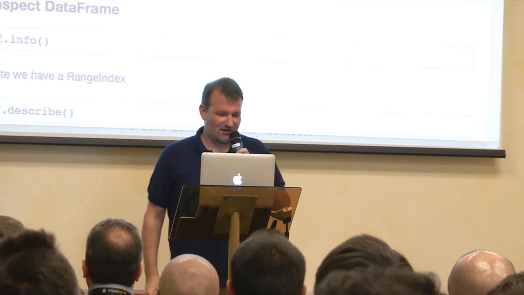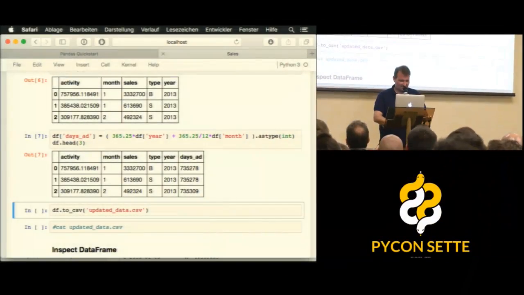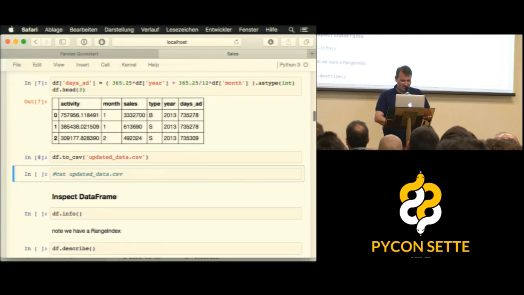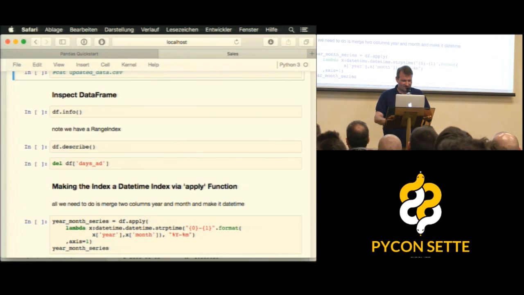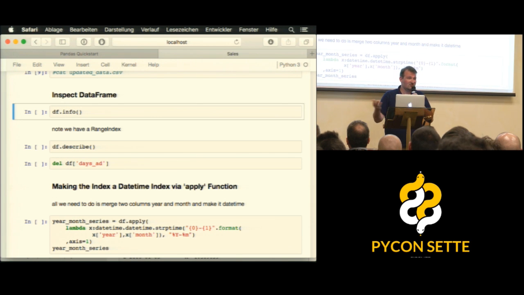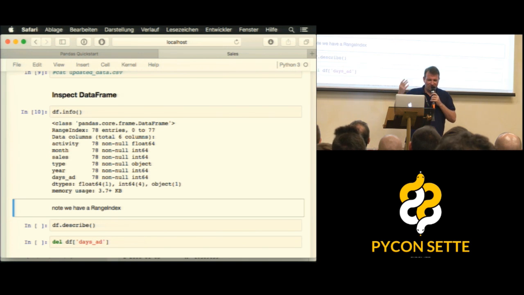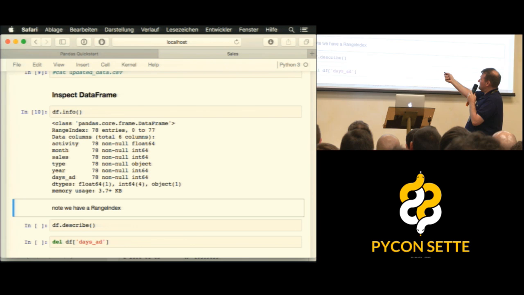We're back at our Python notebook. I've already preloaded our aggregated sales data into a df variable, and let's inspect what we have. We have a huge data set of 78 rows,